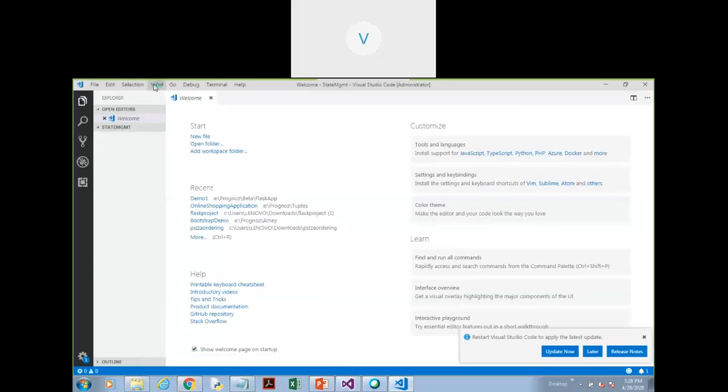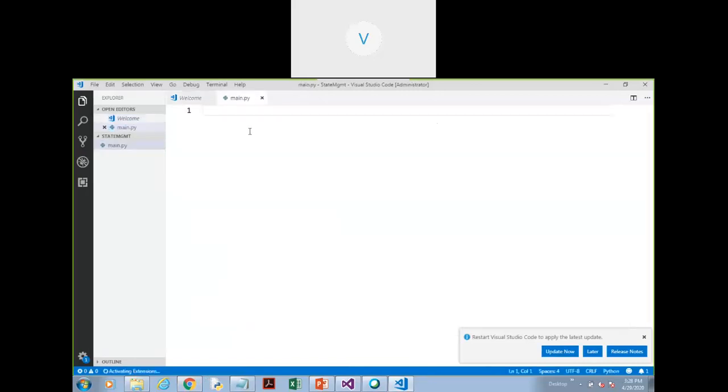So let me create a new folder. So we need to create the object of Flask.